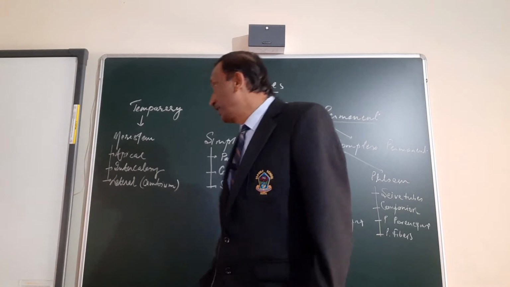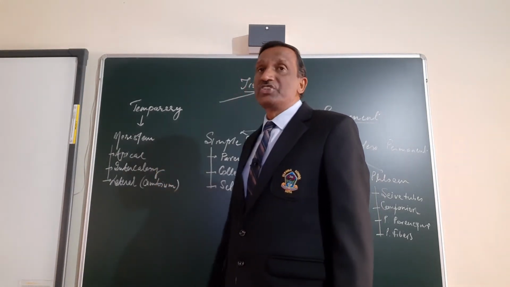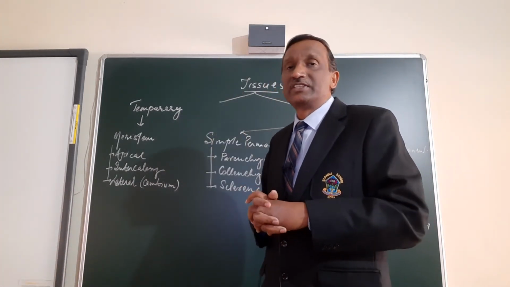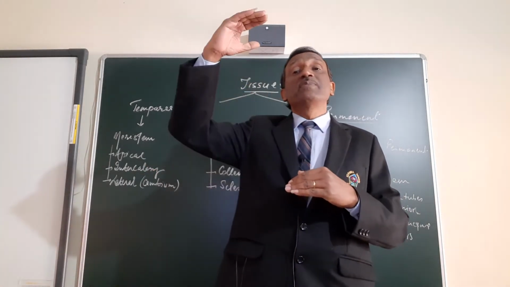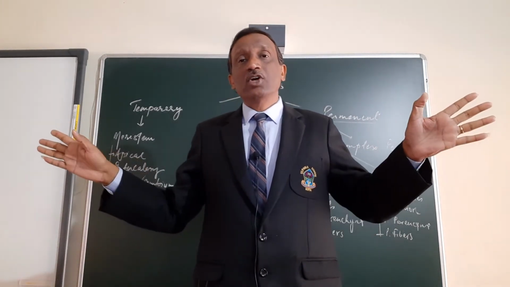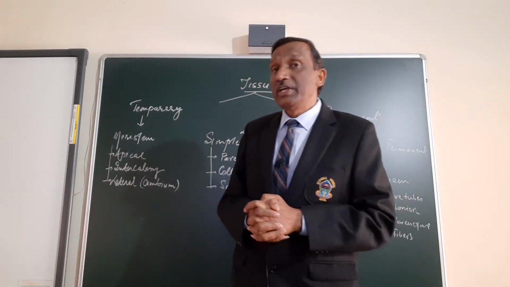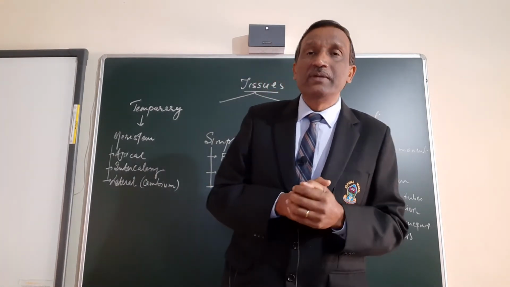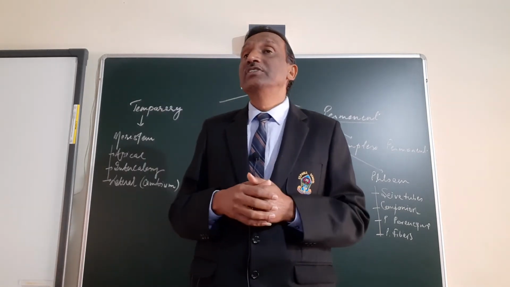spherical, etc. Okay. Now, meristem is divisible into three regions or three types on the basis of their location. That meristem which is found at the tip of the stem, tip of the branch, tip of the roots, they are called apical meristem, and they are responsible for giving growth in height, okay, or in breadth. Or in case of root, it is leading to depth. Okay, so those meristem which are found at the tip are called apical meristem. If you cut the apical meristem, the plant's growth will be checked.